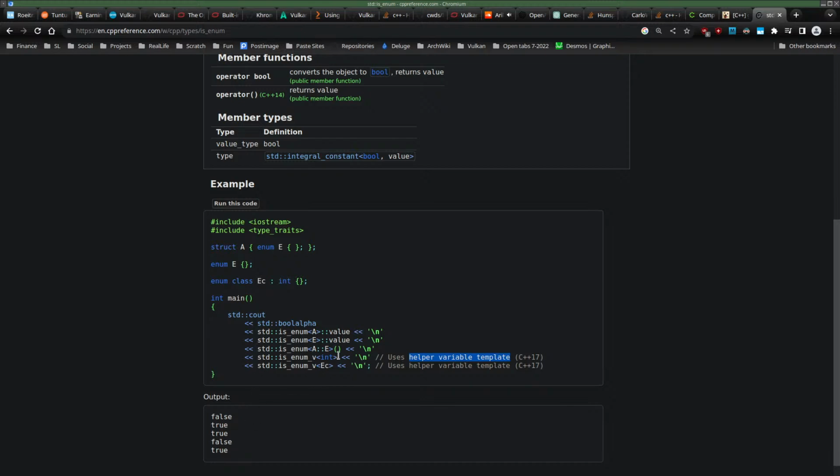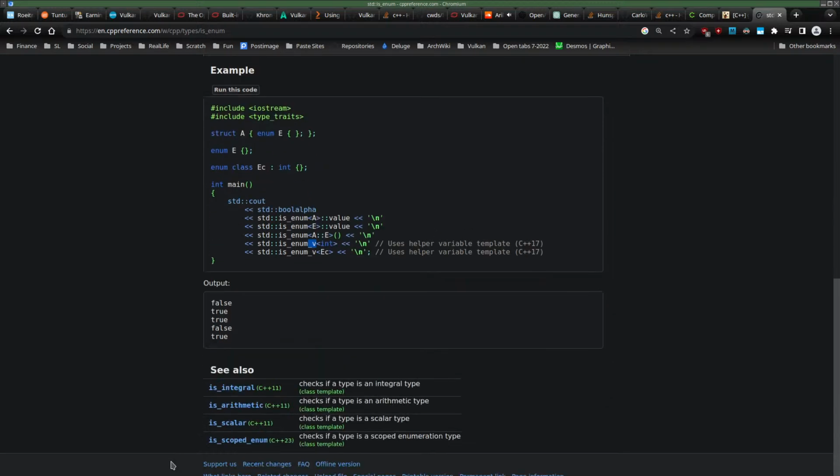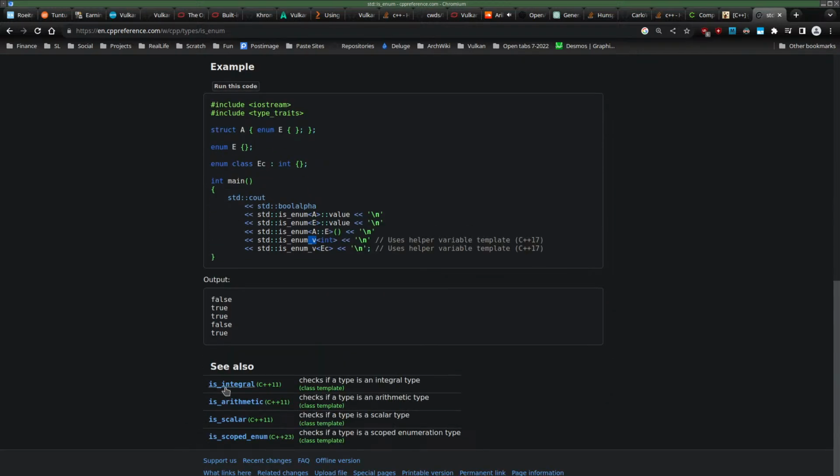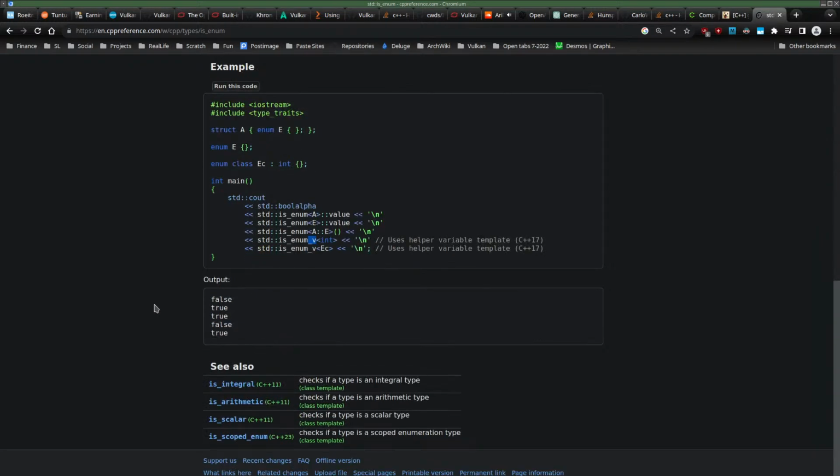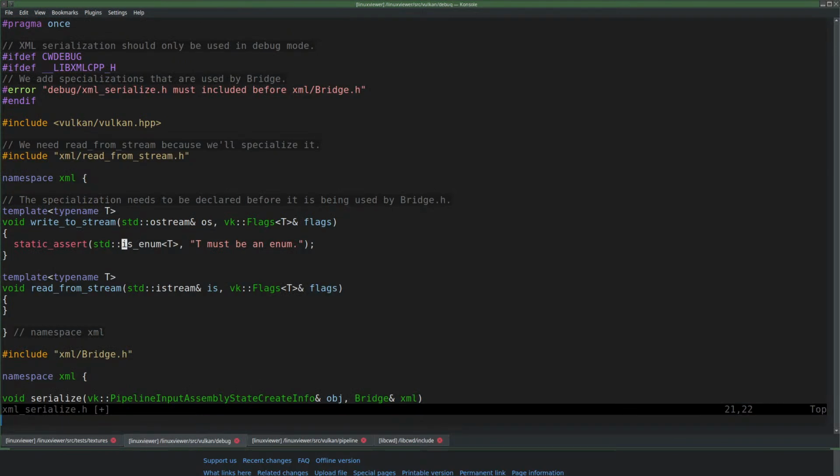Yeah, see, it just works. Oh, that's underscore v. So it's not a concept then. No, constexpr. No, it's not a concept. That's good enough, of course. So underscore v just gives the value back.